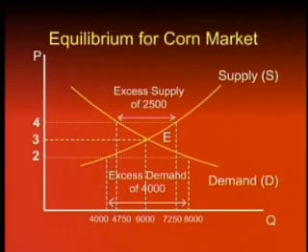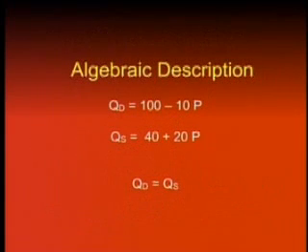So there should be some algebraic description of equilibrium as well. Let's see how this obtains in the context of a simple example. Let's say we write our market demand function as QD is equal to 100 minus 10P, and our market supply function as QS is equal to 40 plus 20P, where P is price and QD and QS are quantities demanded